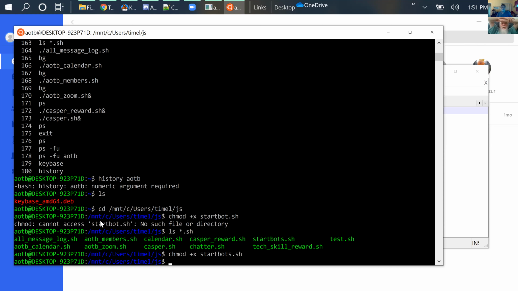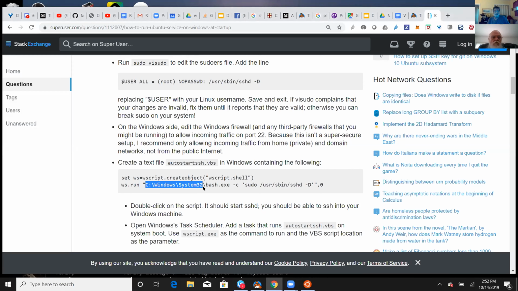You want to share your screen? I suppose I could do that. I'm just looking at one of these at random. This is basically what we would need to do. We need to do a system32 -C, and then we give that whole path CD. We give the whole file name here. Okay, and then